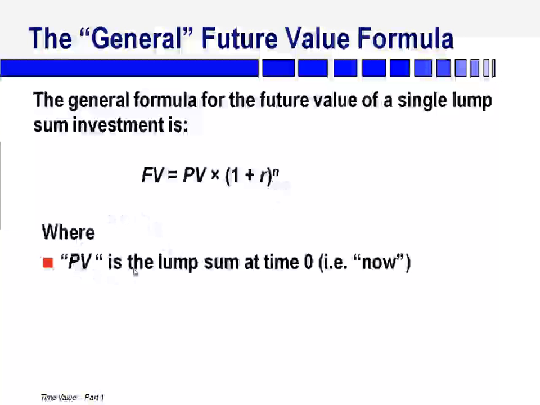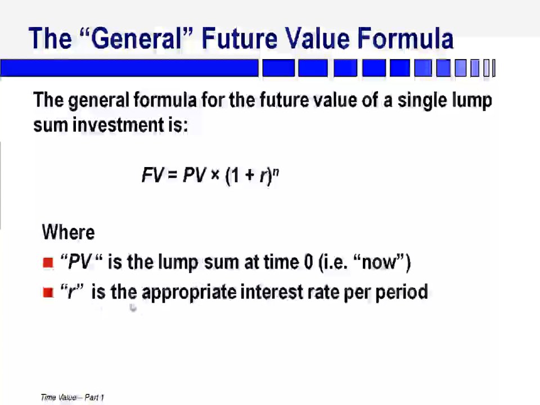The present value is the lump sum value at time 0. In other words, that's the money at the beginning of the period. R is the appropriate interest rate per period. And remember that R is the percentage change in this PV each period. So whatever you start with, after one period, you'll have 1 plus R at the end of that period. So if R was 5% like it was in the last 2 examples, after every period you'll have 105% of